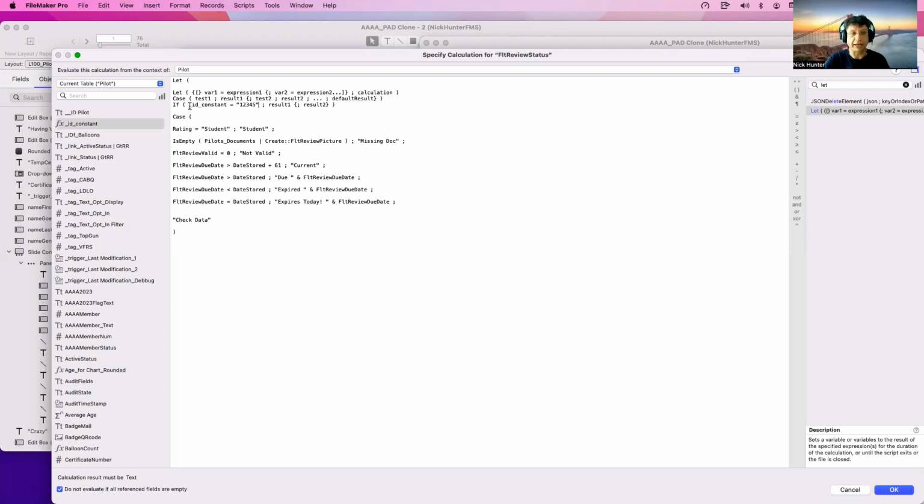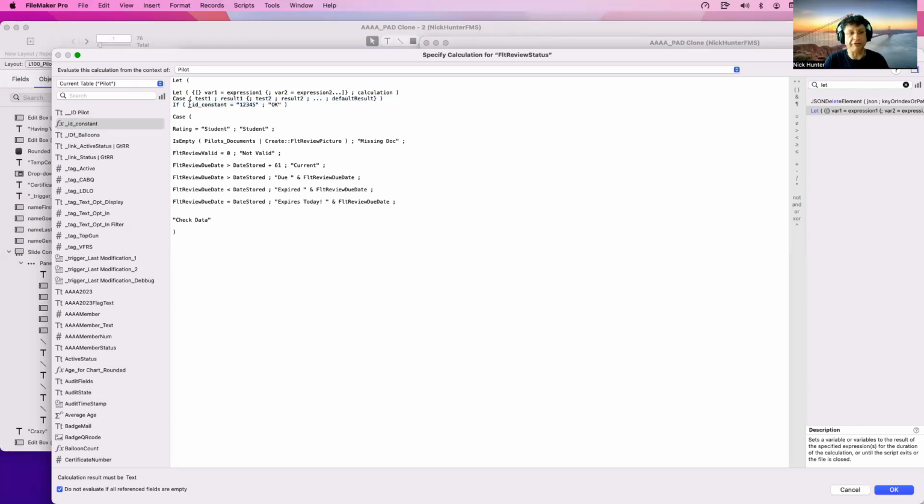So we can say if this, then we have a result, and then we can stop here with the if statement. We don't need to put the result too. We can just ignore this, and that's it. And the if statement will work